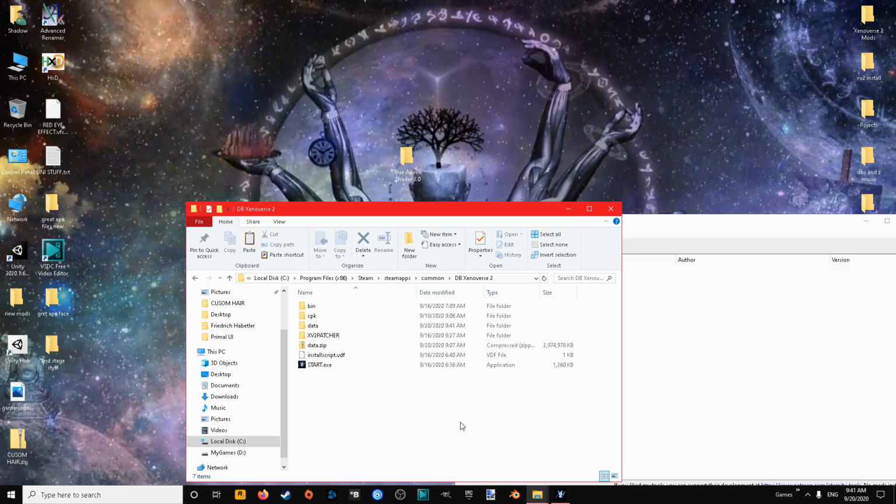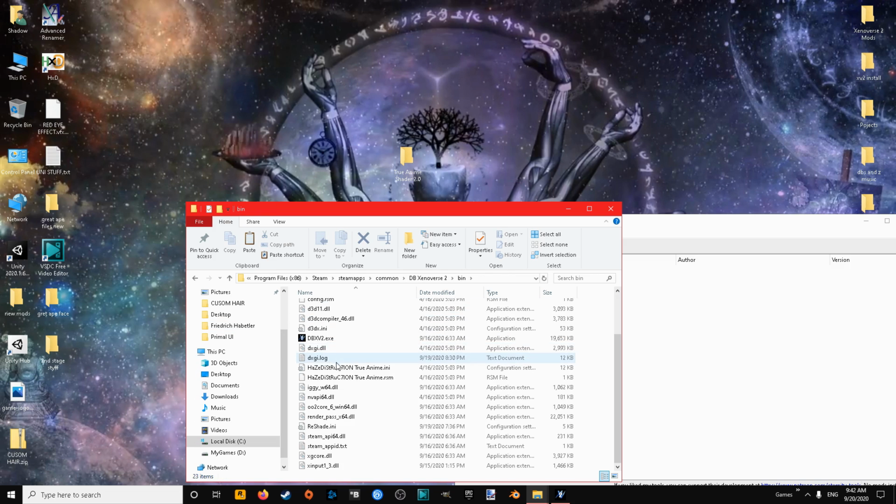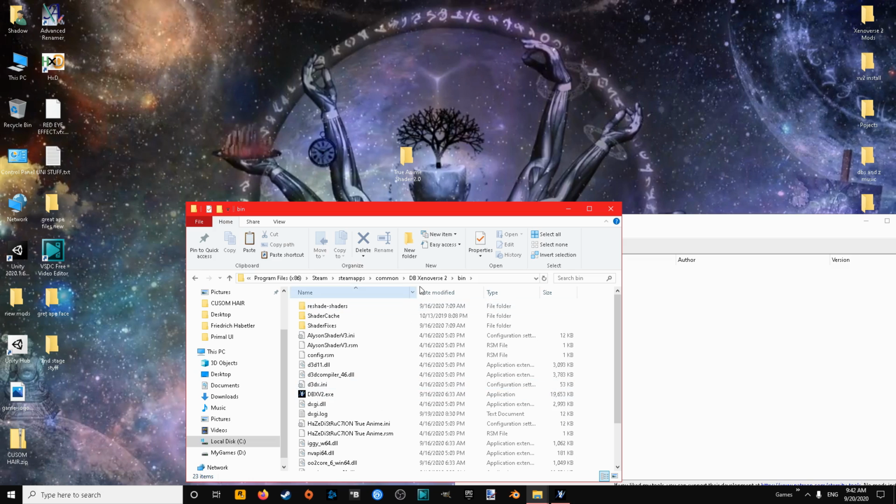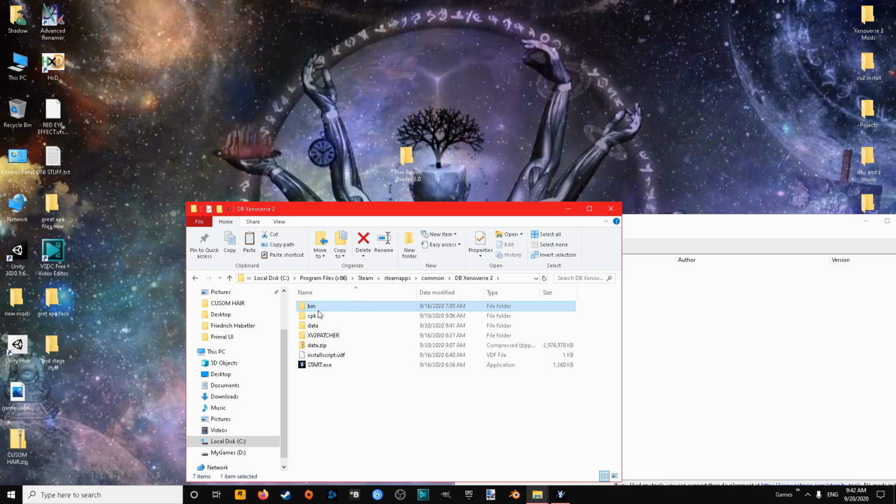And it might even be required in some cases where you have to do a complete reinstallation of your actual game. If there's any problems, reinstall the whole game, make sure this directory is completely empty, and then follow the steps again. Okay, now that the data folder is there,